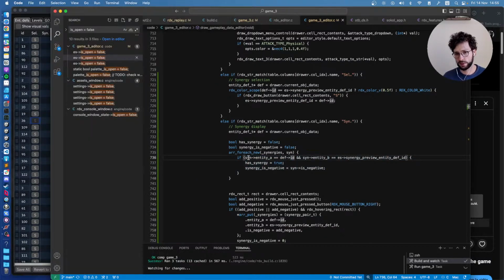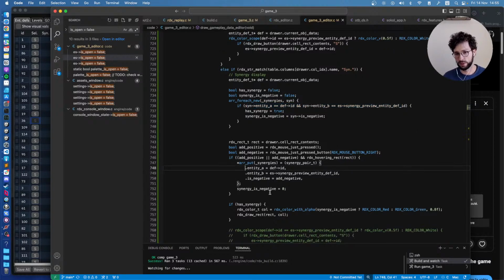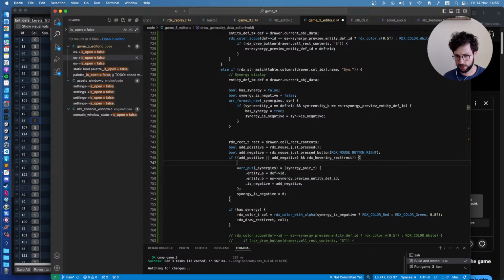And I could test for both directions here, but I think it would be smarter to just insert them always in a defined order, and I can just sort them. So if def ID is lower than, basically entity A will always be lower than entity B. That way I can just check. Then I'd also need to sort them on that side, but that's